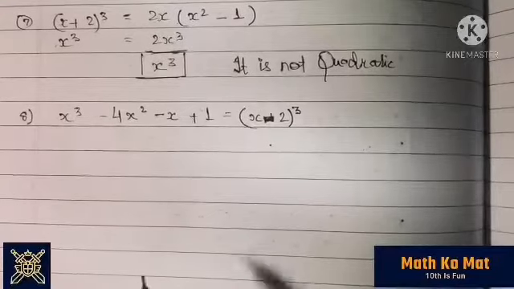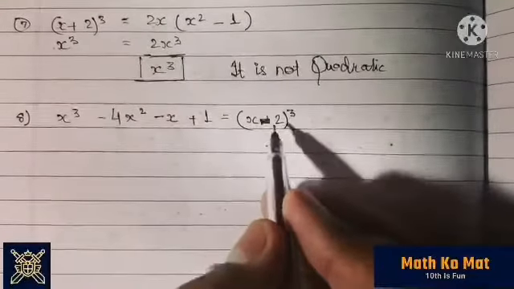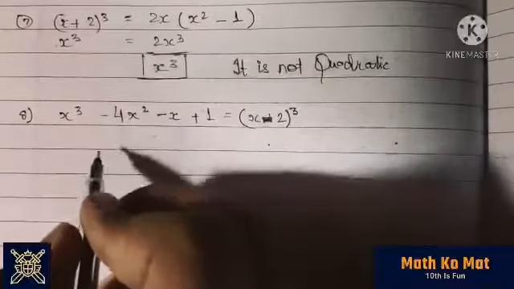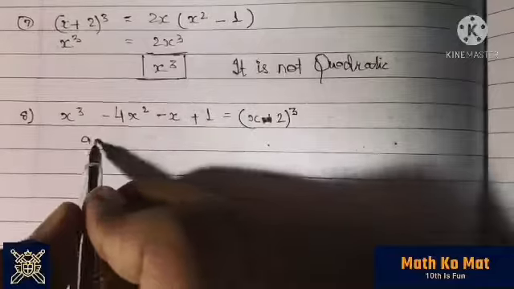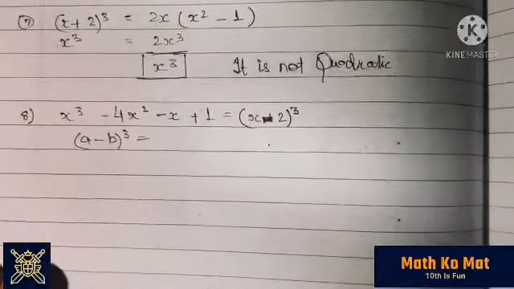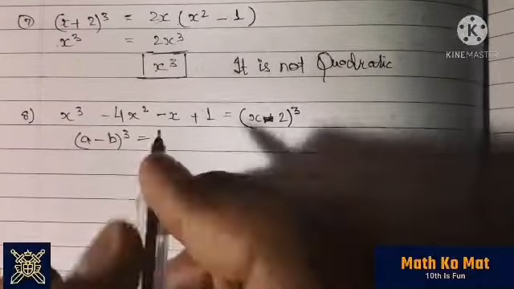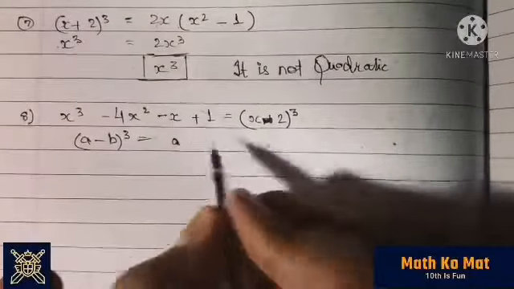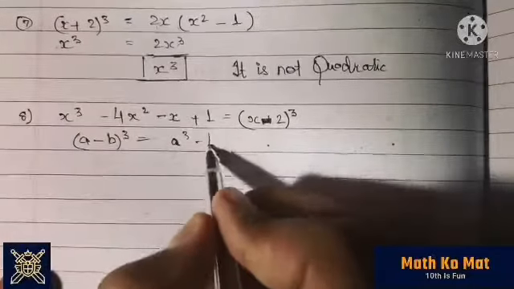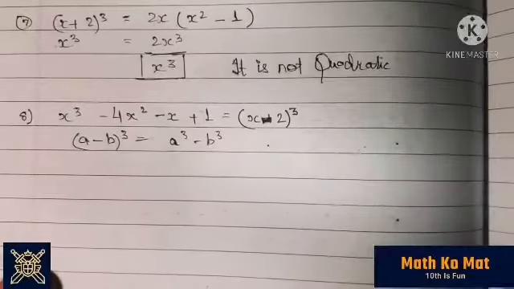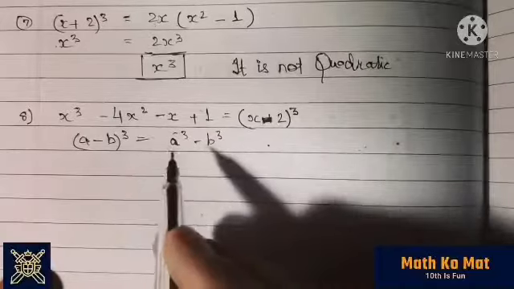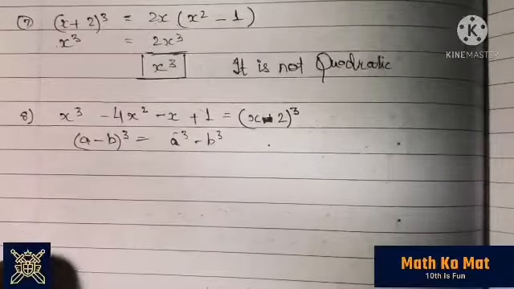So now to operate on it, you just have to remember the (x minus y) whole cube identity, or (a minus b) whole cube identity. So let me write it over here. And to remember this identity is very easy. So what you have is a cube, first of all, a cube, then b cube, so minus b cube. And for this identity, every term except a is negative. So after writing a, you can always write minus this, and minus this.